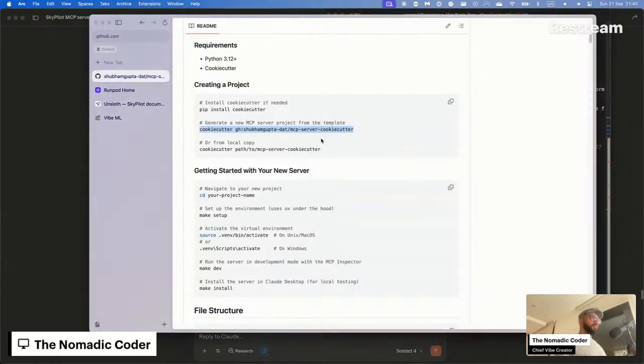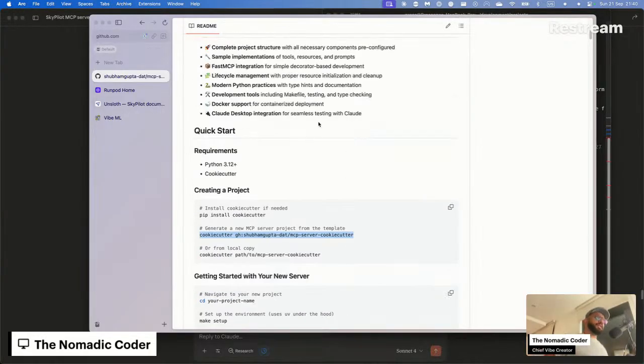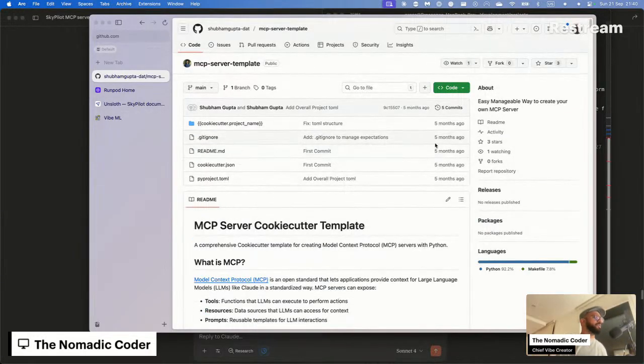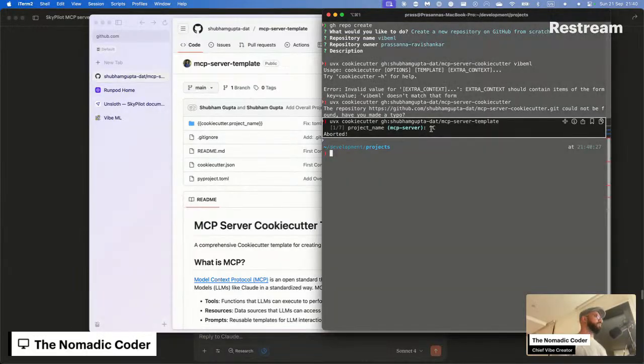If this guy has got this itself as a mistake, there's probably some bug somewhere for this cookie cutter. So let's not.